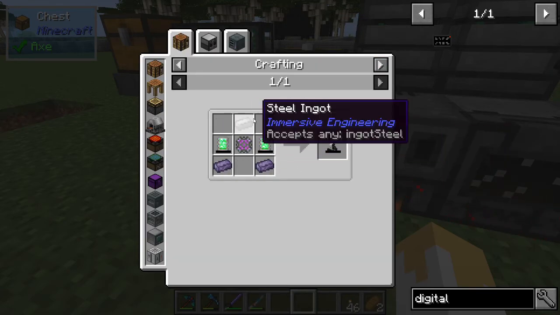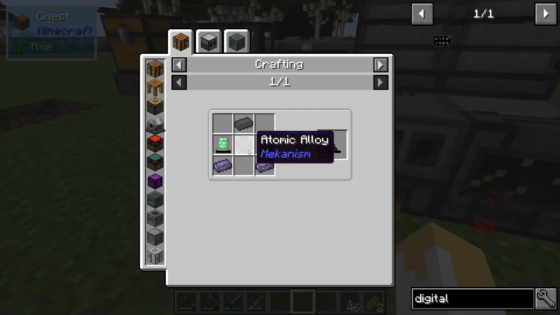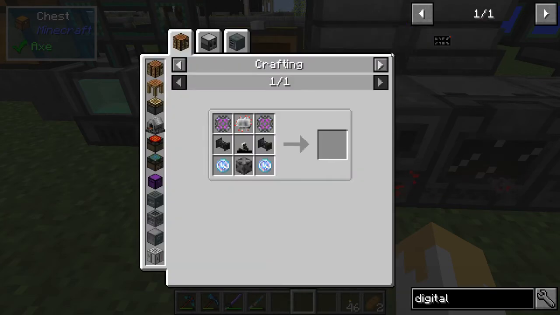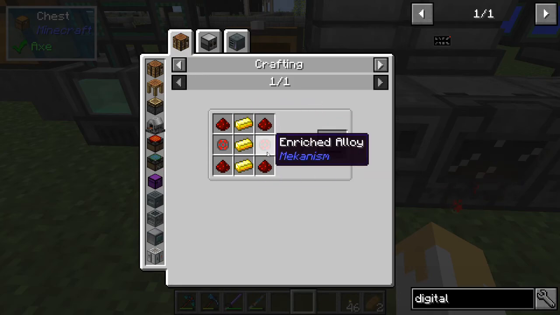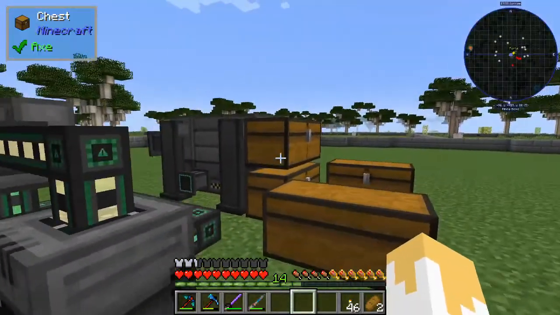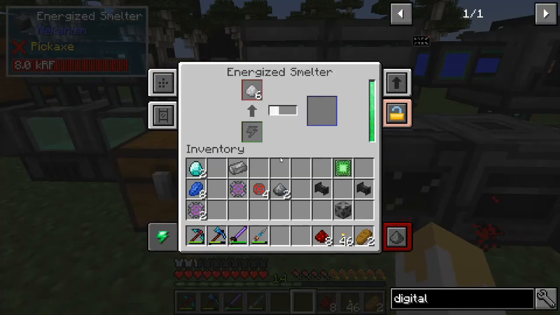The robot's going to be one single steel ingot, which you know how to make, so we'll grab that. An atomic alloy, which we know how to make. I'll grab that. And then it takes 2 of these energy tablets, which you know how to make. Those are 2 enriched alloy each, so I'll grab all 4 of these. 8 redstone and 6 gold. So 8 redstone and 6 gold. And then